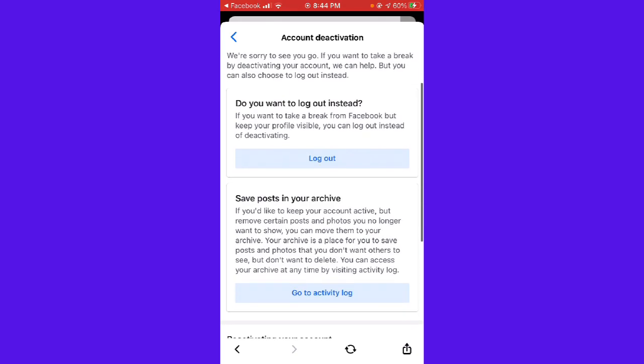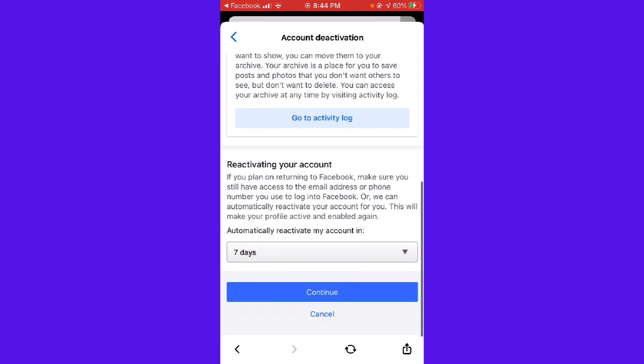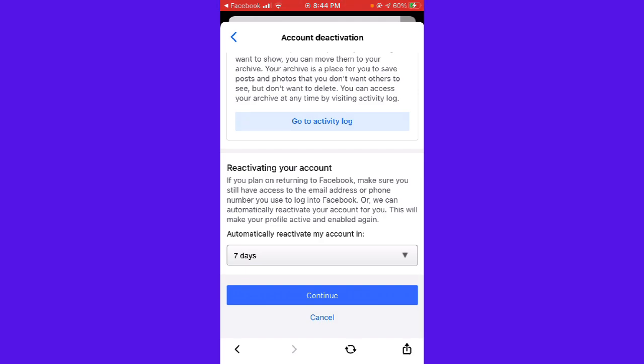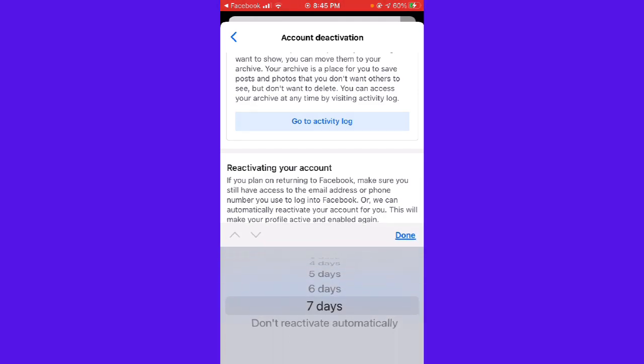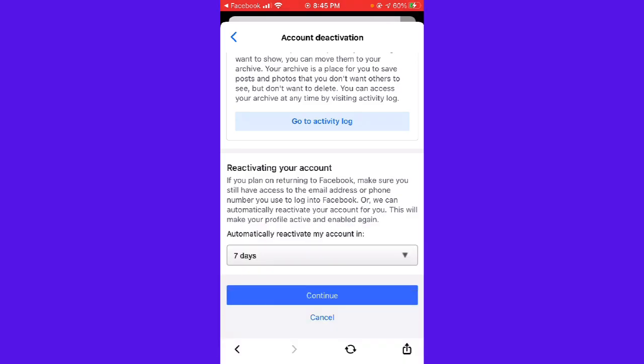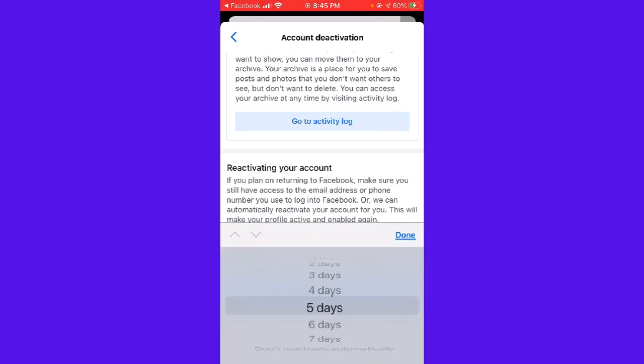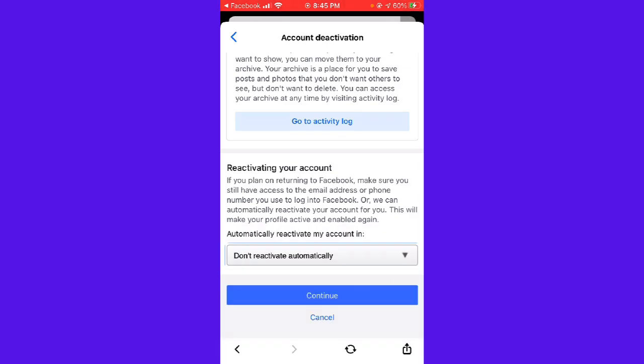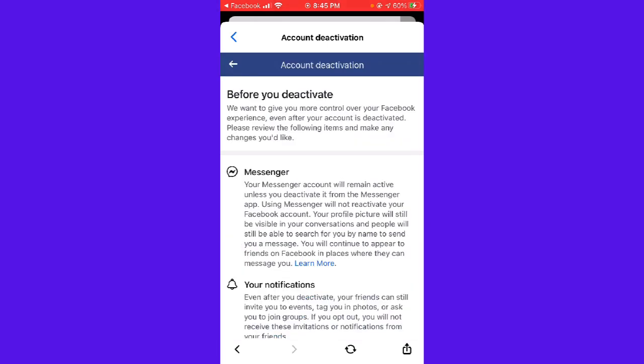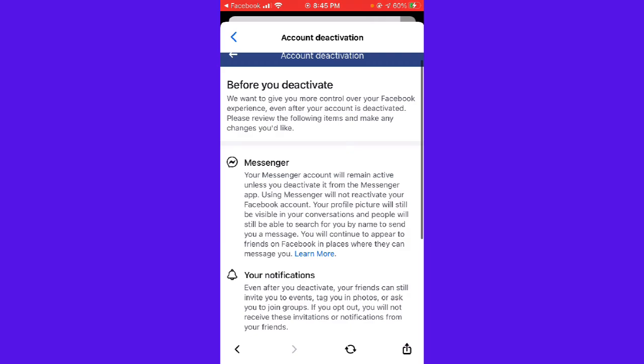and then here you want to scroll down, and here you can see an option where you choose how much duration you want before you reactivate your account. You can choose 1, 2, 3, 4, 5, 6, 7 days, or don't reactivate automatically. And then click continue. And then here, before you deactivate, we want to give you more control over your Facebook